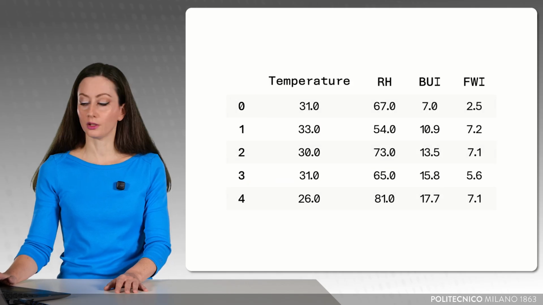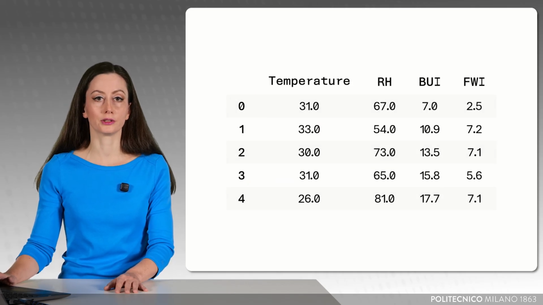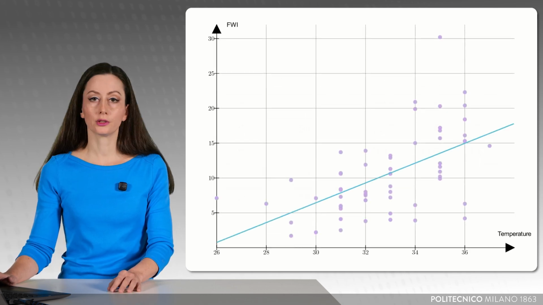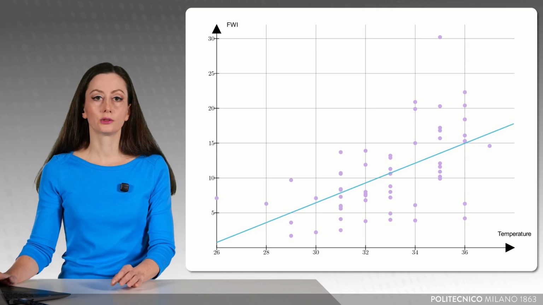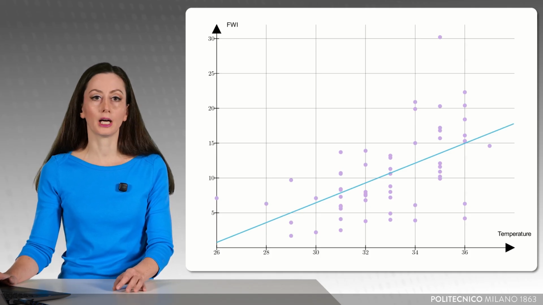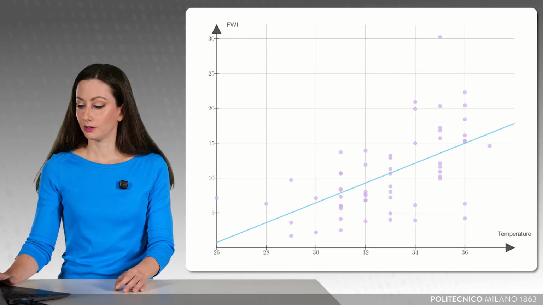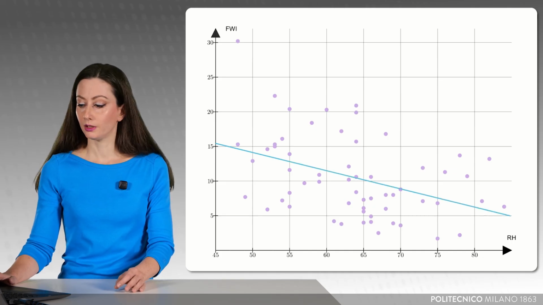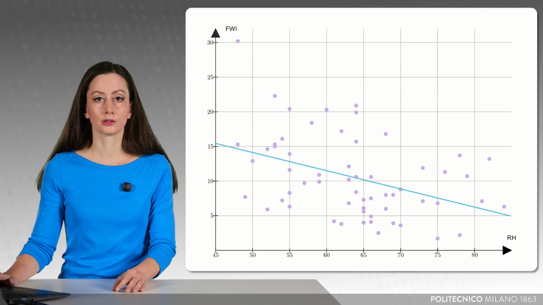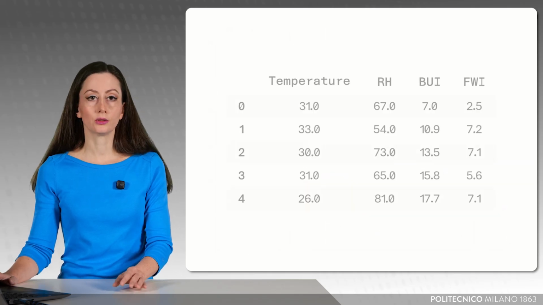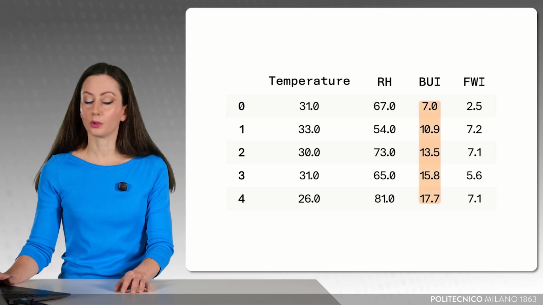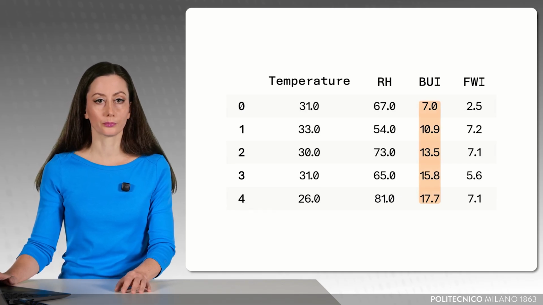We then used the function on a dataset of forest fires recorded in Algeria, and we obtained a regression line linking temperature to fire risk. This allowed us to gain quantitative insight into how an increase in temperature raises the likelihood of fires. Similarly, we saw how higher humidity can mitigate this risk, reducing the overall fire danger. As an exercise, you can try to compute the regression line for the build-up index, which is the last quantity in the dataset that we did not use.